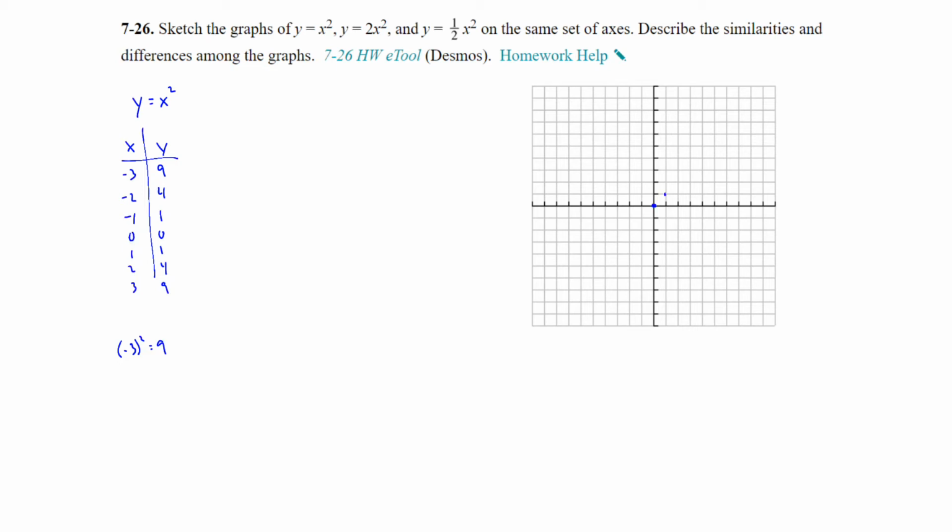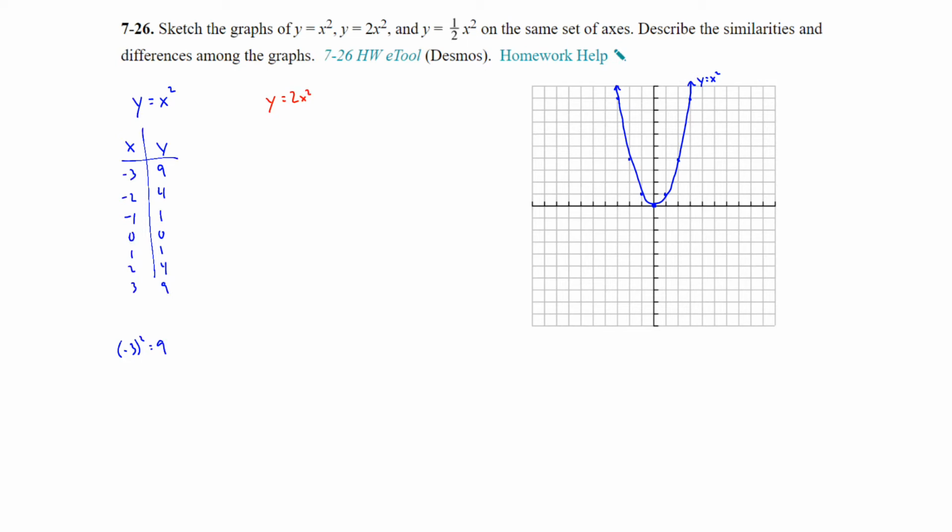So 0, 0, 1, 1, 2, 4, 3, 9, and then on the other side you have that symmetry. And we are going to go ahead and graph it, so we're going to connect it with a nice smooth curve. And we're also going to label it because we're going to have 3 graphs on here. So y equals x squared. Next one is y equals